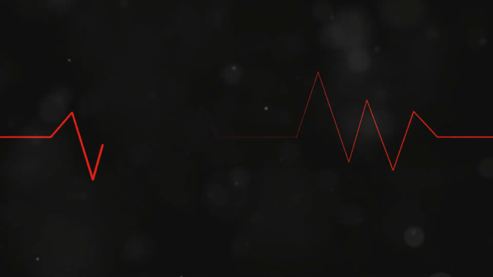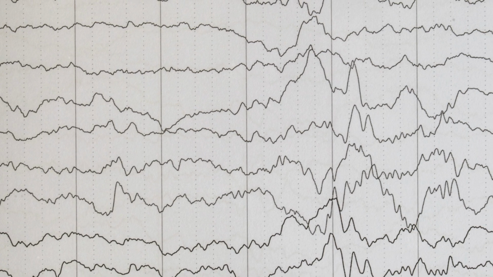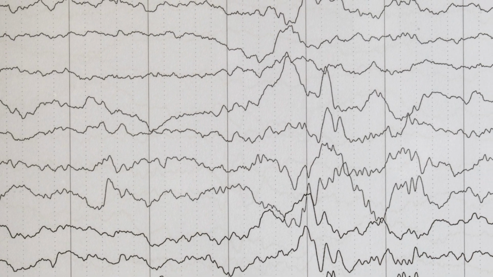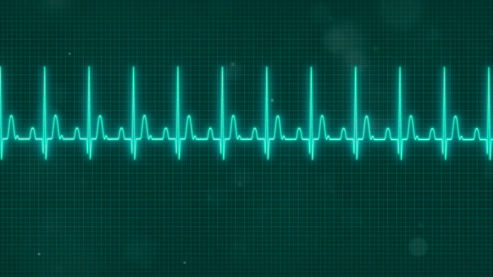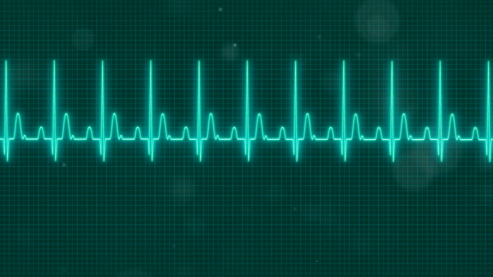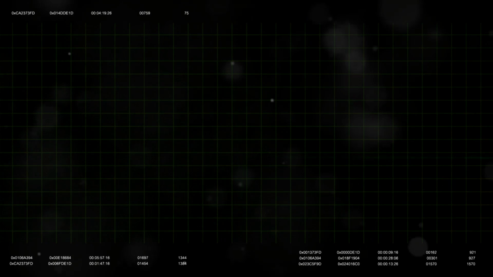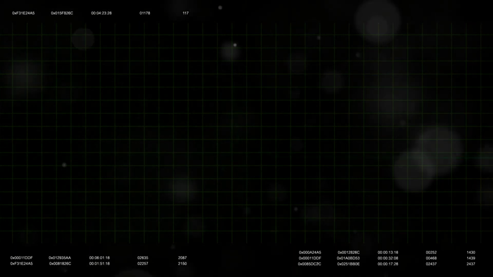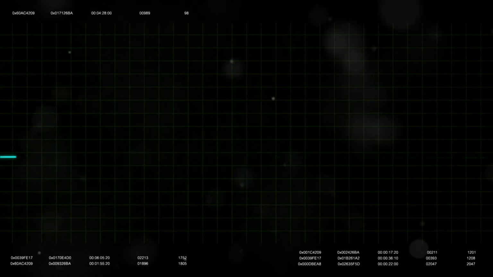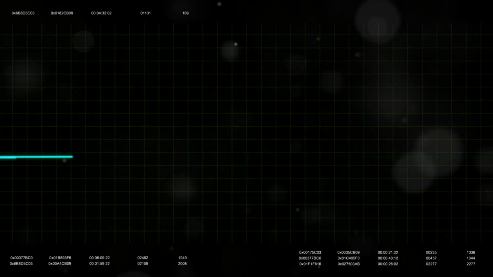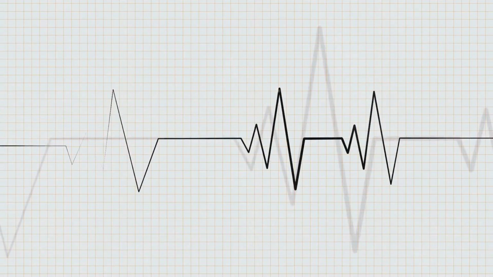Wenckebach is typically well tolerated and may cause few or no symptoms. Some people might experience lightheadedness, dizziness, or palpitations. It often occurs in healthy individuals, especially athletes, and during sleep when the vagus nerve, which controls heart rate, is more active. This type of block can be temporary and may be caused by increased vagal tone, certain medications, or